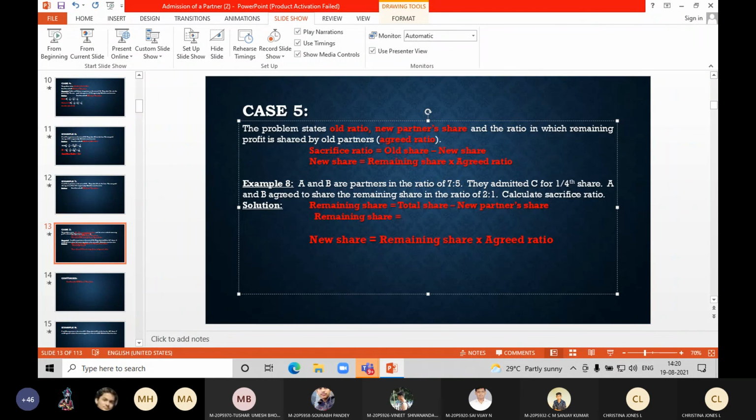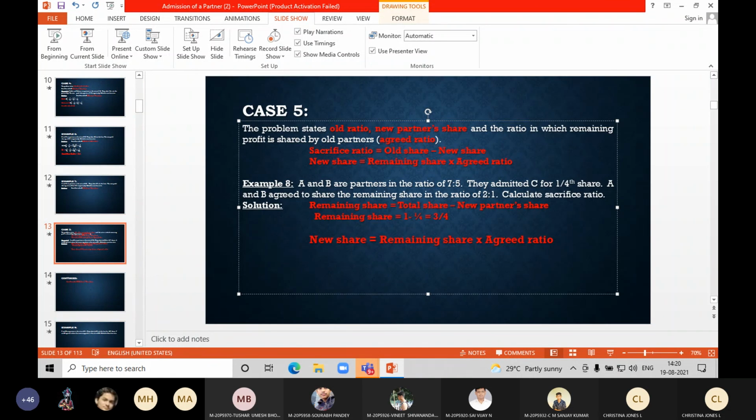Remaining share will be shared in the ratio. Totally, how much we have? One share, one pizza, correct? Imagine you're having one share. Of that, how much you gave the new guy? 1/4. So how much is remaining with you? You had 4 pieces in that 1/4. In 4 pieces, you have given away 1 piece. So how many pieces are remaining? 3. 3/4. So 3 by 4 is remaining. Got the point?